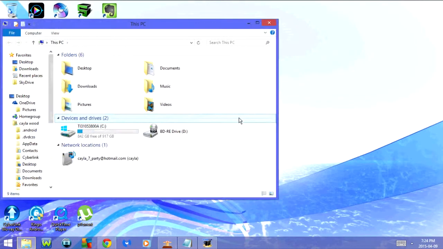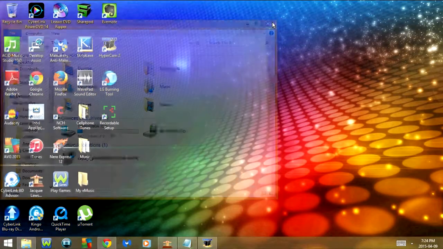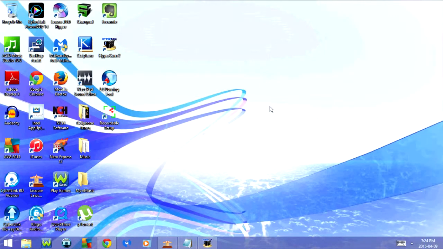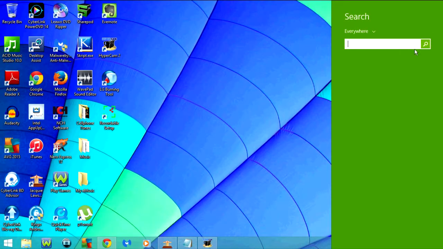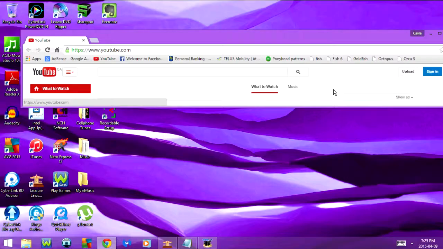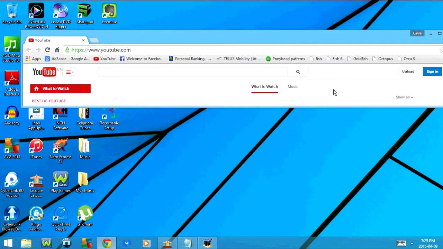Windows key and E opens this PC. Windows key and W opens Search and Settings. Windows key and Q opens Search and Everywhere. If I press the Windows key and the down arrow key, it makes this window smaller. And if I press the Windows key and the up arrow key, it's going to bring it back to its